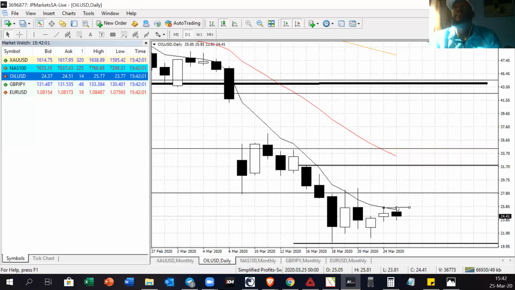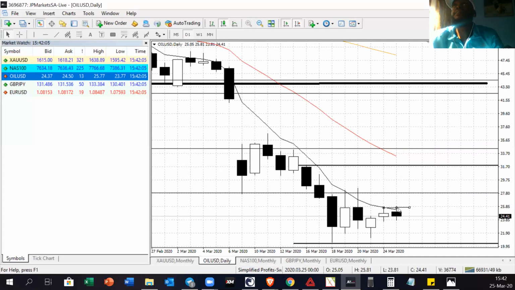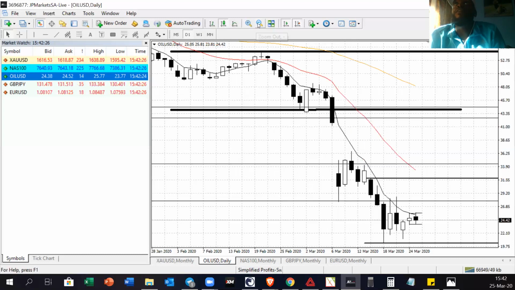So this just helps me eliminate a lot of things. I mean, I only need to identify the weekly lows and highs once a week. I only need to identify the monthly high and low once a week. So that's pretty cool. So if we look at this chart here,